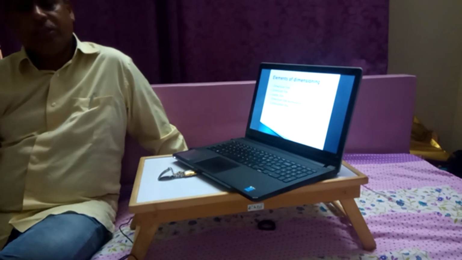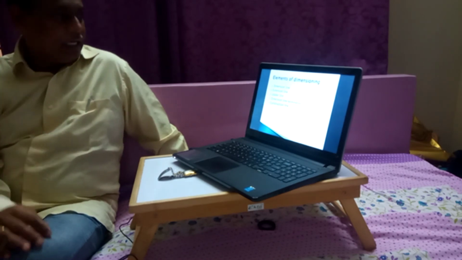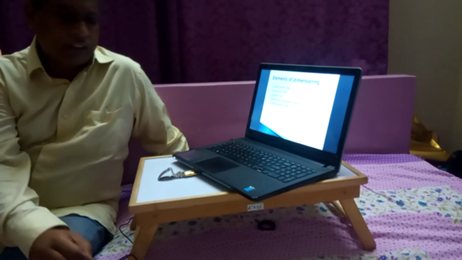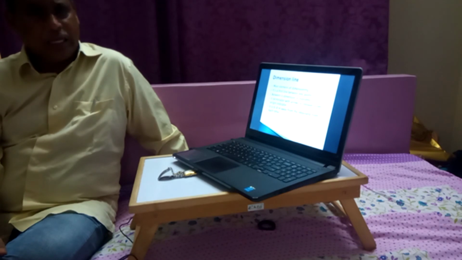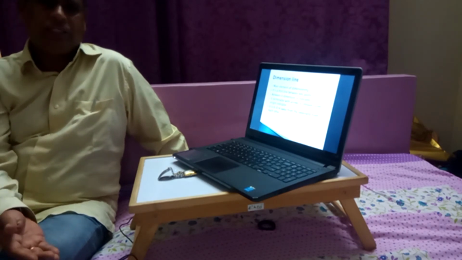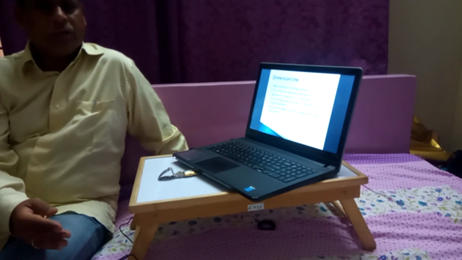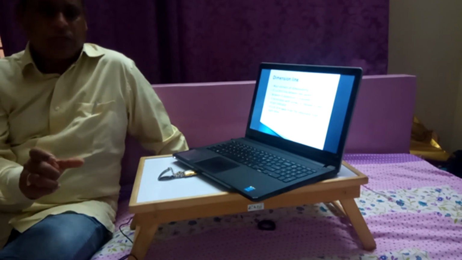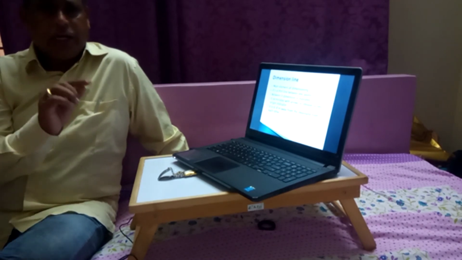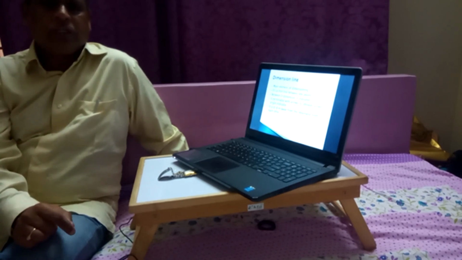So elements of dimensioning. In dimensioning, we need some lines, that is dimension line, extension line, leader line, dimension termination marks, and construction line. So dimension line is a very important line in dimensioning. It is the basis of dimensioning. It will stay between the extension lines of any part of the object, and there will be termination marks at the end of each dimension line.